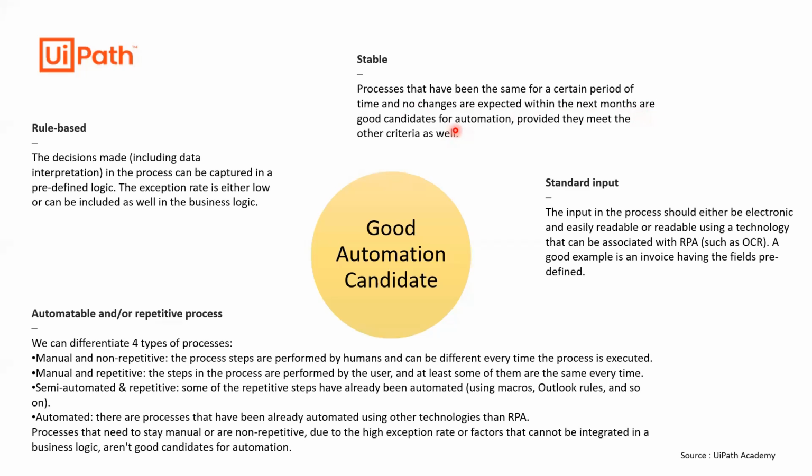But if let's say I tell you that there is a change which is happening next week, then you would say that, okay, this is not a good candidate for automation. Probably we'll stick to someone which is more stable, right? So rule based, stable. The third one is called the standard input, which means that if I give you an automation,